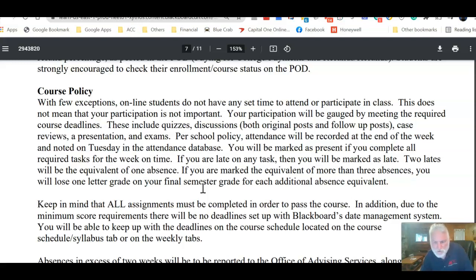And during the semester, you are allowed 3 absences. So let's say you don't do anything that was due for 3 classes, and then you don't take a quiz, so you're late. You now have 3.5 absences. Because you have more than 3 absences, you've now lost a letter grade off your final semester average. So if you had an A average in class, you get a B for the semester. If you had a D average for the class, you failed the class.